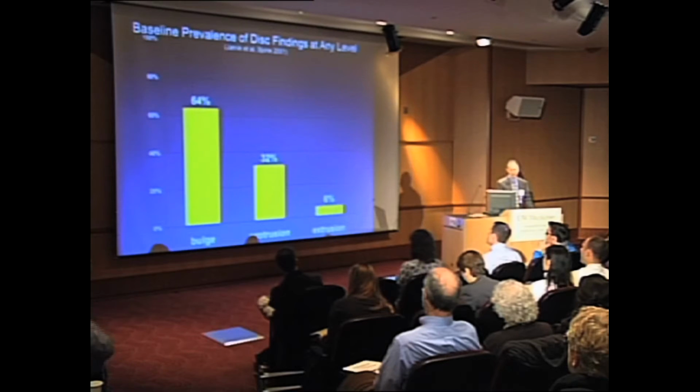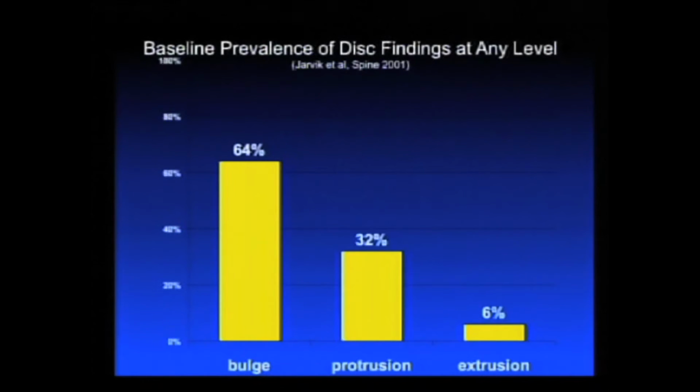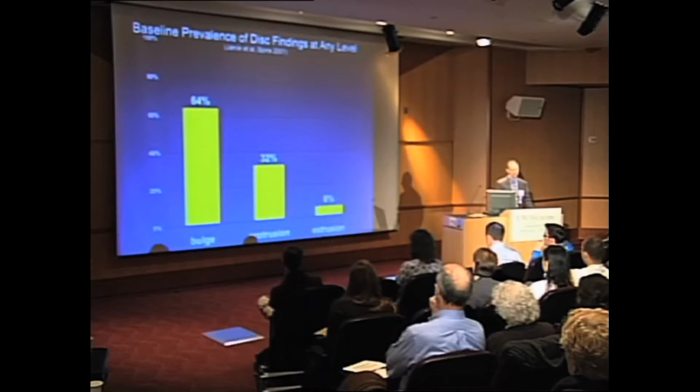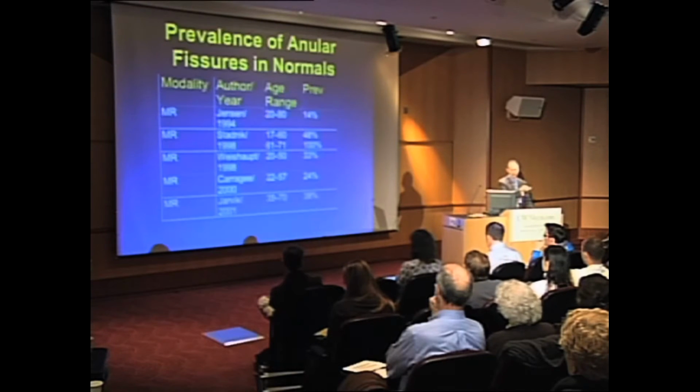And then we did this study, again, that I referred to, of looking at VA patients without low back pain, 148 consecutively identified. And if we looked at the baseline prevalence of various imaging findings, we found that nearly 2/3 of our patients had disc bulges, that about a third had disc protrusions, but a very small percentage actually had disc extrusions, so around 5%. Again, concordant with what was out there in the literature.